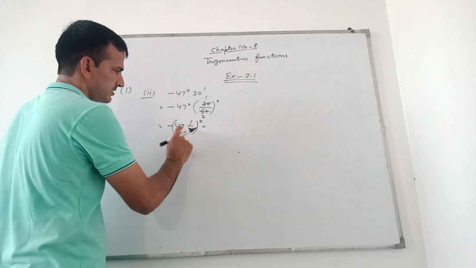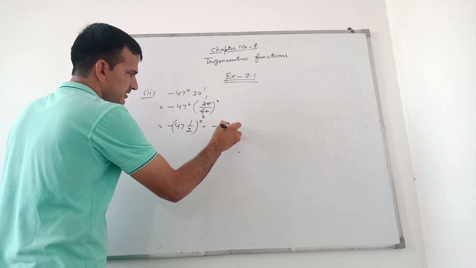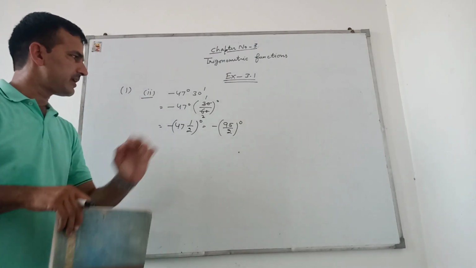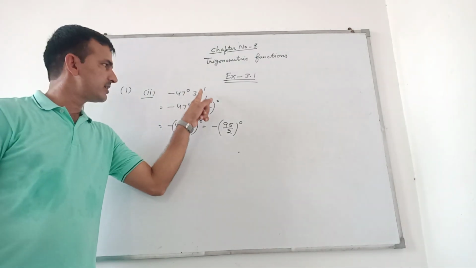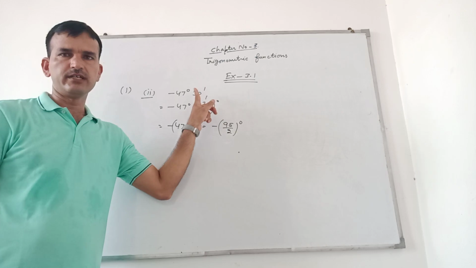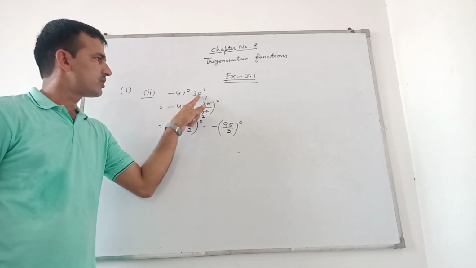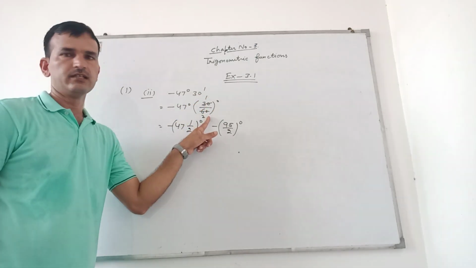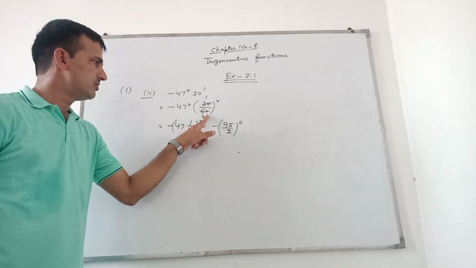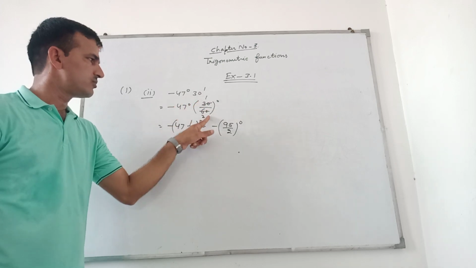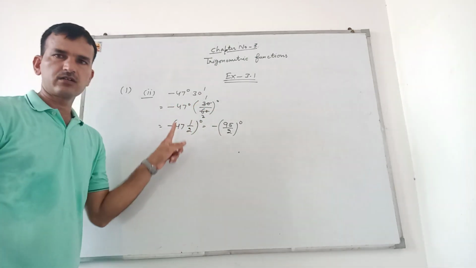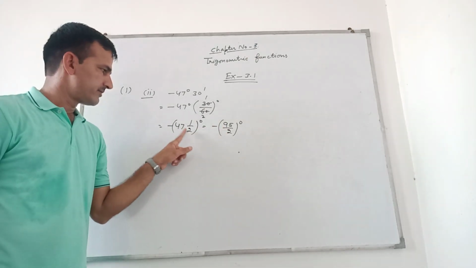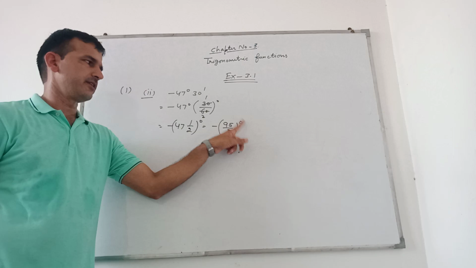And this becomes -95/2 डिग्री. बेटा पहले आप सबसे पहले जो मिनट और सेकंड यहाँ पे हैं एंगल की यूनिट, यहाँ पे सिर्फ मिनट है तो इसको आप डिग्री में चेंज करें. डिग्री में चेंज करने के लिए डिवाइड बाय 60 करें. डिवाइड बाय 60 तो 1/2. तो ये -47 and 1/2. दिस इज द मिक्स्ड फ्रैक्शन. Convert this mixed fraction into improper fraction. 47 into 2 plus 1, 95/2 degree.